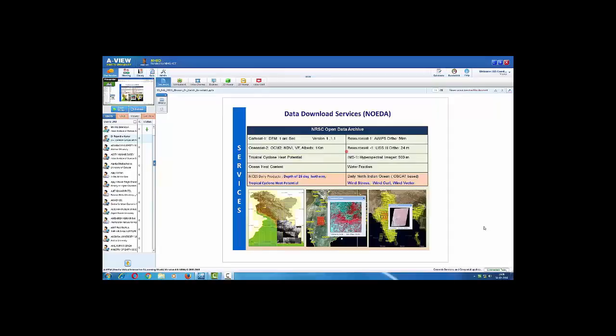activity. But for the GIS users, who are very much aware of the data concept, and very much aware of how to work with remote sensing and GIS, we have the facility called data download service. It's the NRSC Open EO Data Archive service, under which almost up to 23 meter complete data sets are available free of cost. You can download,